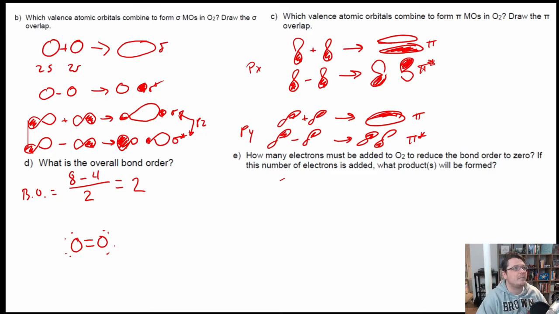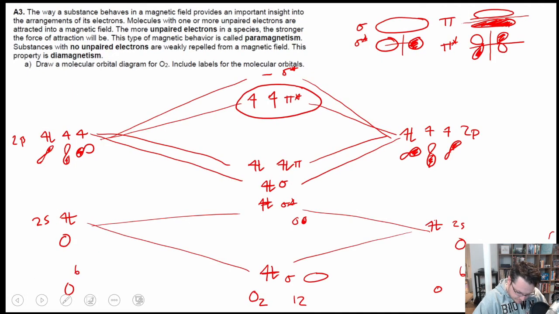And so then part E: how many electrons must be added to O2 to reduce the bond order to 0? If this number of electrons is added, what products will be formed? If we go back and look at the MO diagram, in this case what we can see is that to go to a bond order of 0, we have to add 4 more electrons. So if we do that, we would be adding, let me change the color here,